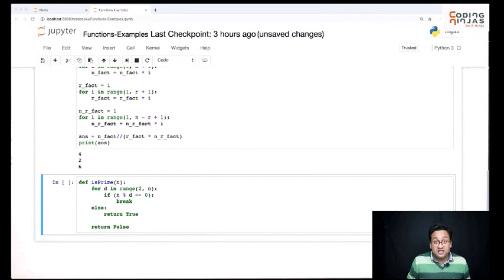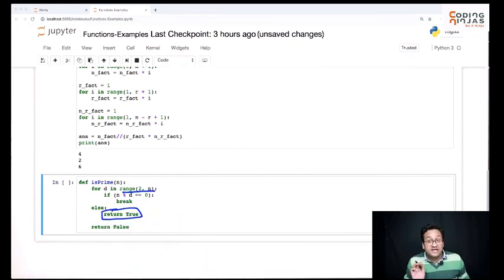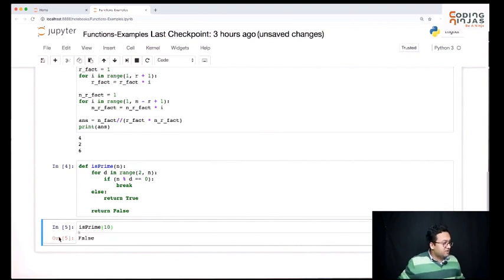So that basically means if I go through the complete range, I'm going to come into else and I will return from the function, I'm done. In case it does not go to the else, it will come here, and because it has come here, that means it did not go through the complete range. That means we could find something that was able to divide n, so we will return false from here. Okay, let's see if it really works or not. Is prime 10? Not a prime number. Let's say 17, a prime number. So it seems like it's working fine. We have been able to write code for is prime.